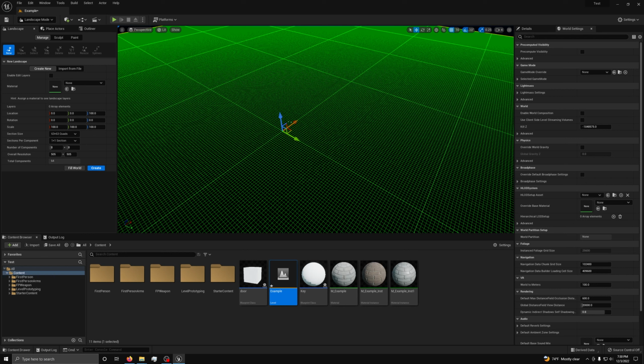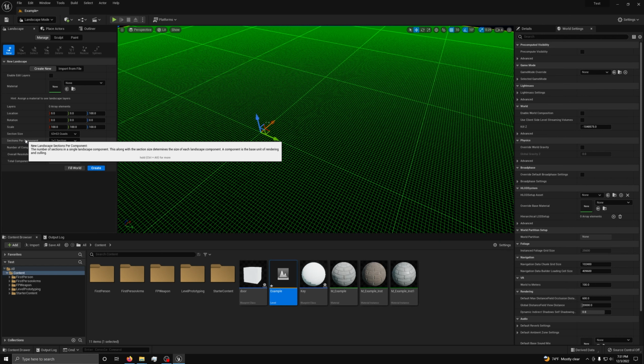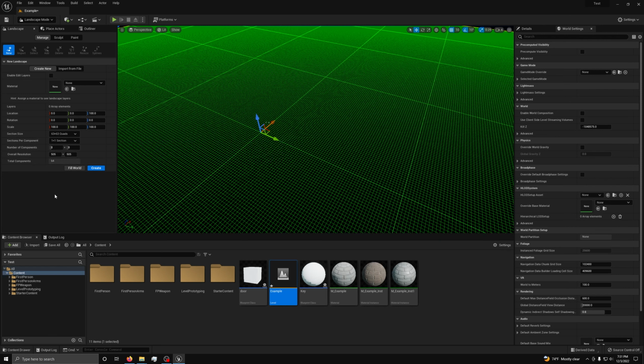Creating a new landscape using the Landscape tool. You create a new landscape from scratch from the New Landscape section of the Landscape Tools panel. So if you go to Manage, there's New. The two most important options here are section size and sections per component. Section size is here, sections per component is here. The section size,